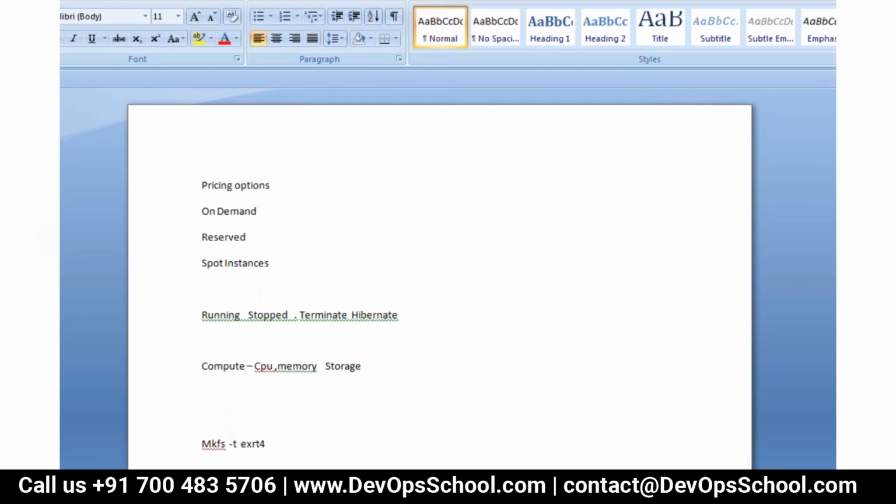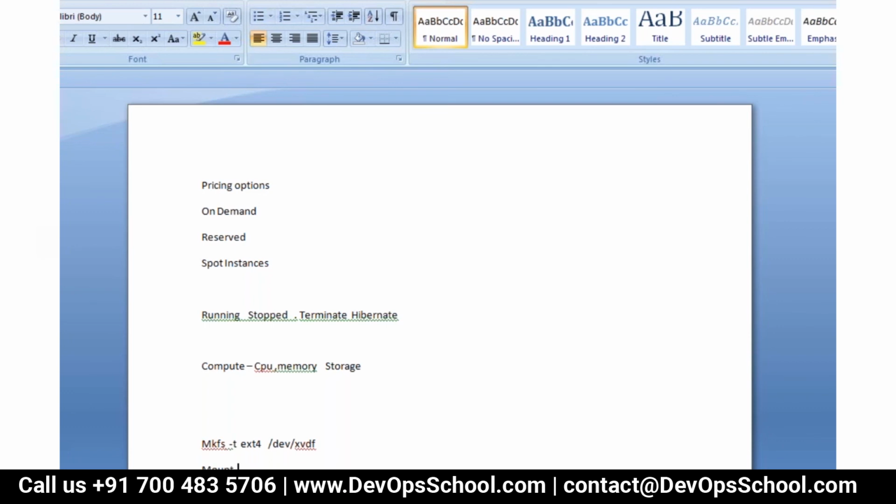You can give the file system type you want to make, followed by the device name. In case of Linux, it will be a device name. So xvdf will usually be the device name, and then it will create it. Okay, and then you mount it.